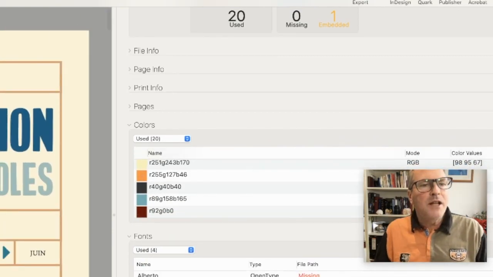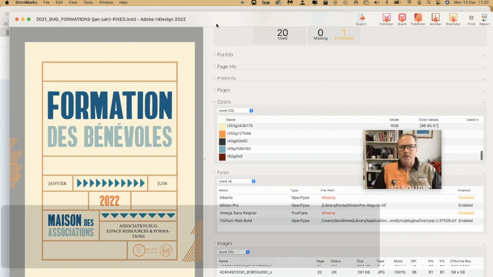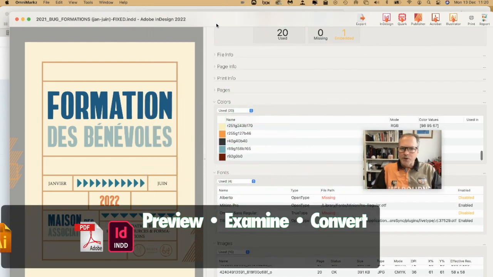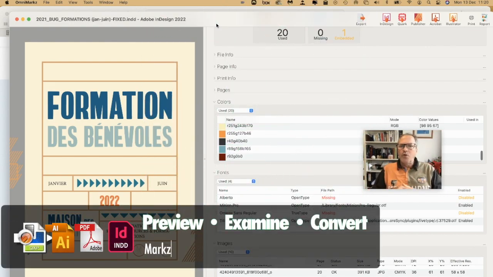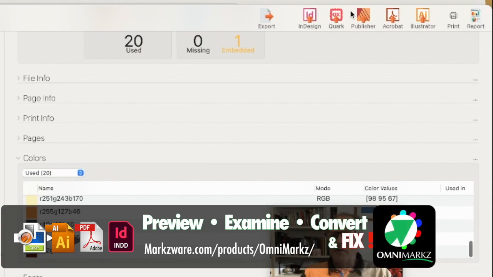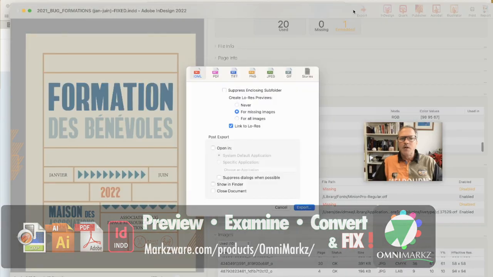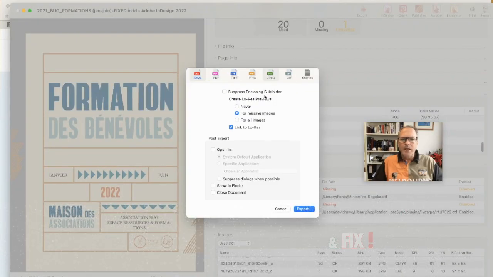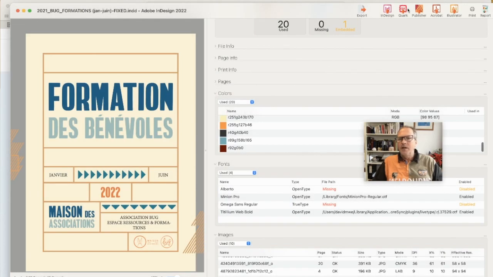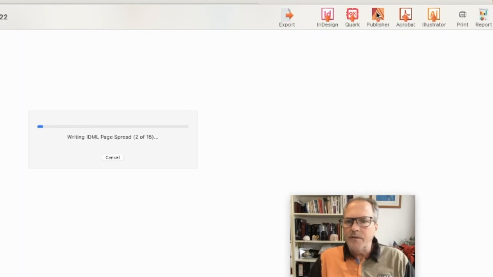Anyway, neat. So that's how you can fix a bad InDesign file with the Markzware DTP file recovery service. Or if you want to get the tool OmniMarkz, you can do it yourself and then have other possibilities like taking InDesign and say like, well, I want to open this in Affinity Publisher or Adobe Illustrator or Quark Express, or I want to export this without having InDesign open to a PDF, or just export the text story stylized to HTML even. But if we click, for instance, open in Affinity Publisher,